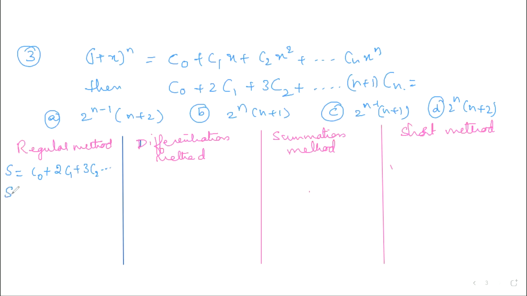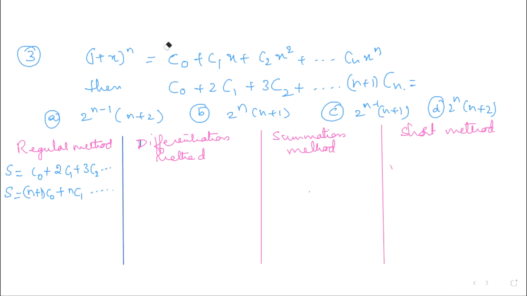And we write the same series in reverse order using the property nCr equals nC(n−r). So I will be writing the first term as n + 1. Instead of Cn, I will write C0. The second term, I will write as n times C1. So in this order, if I am adding these two summations,